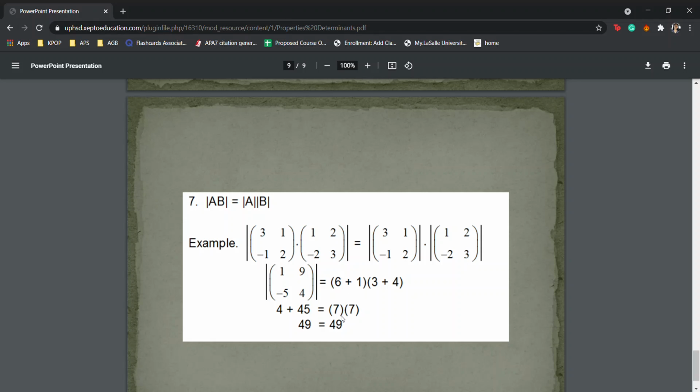Alright, so we'll be making use of some of these properties in order to evaluate the determinant of a matrix. Last time, we applied the definition of determinants in finding the determinant of a given matrix. Now we will apply the properties. So the idea is to transform the matrix into either an upper or lower triangular matrix or a diagonal matrix. So we're given here